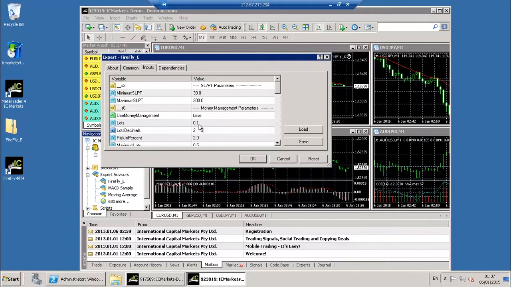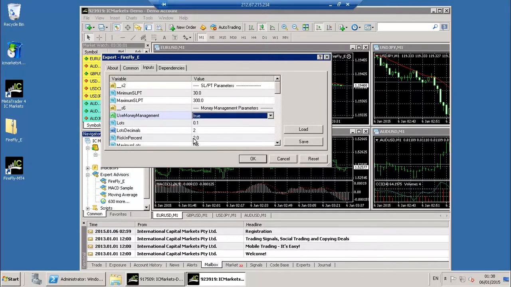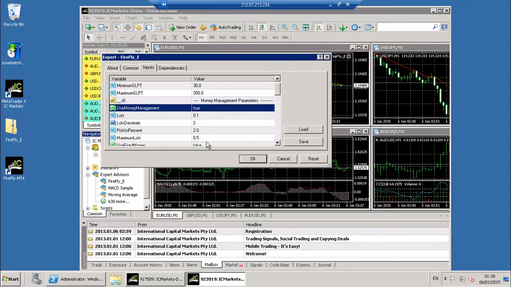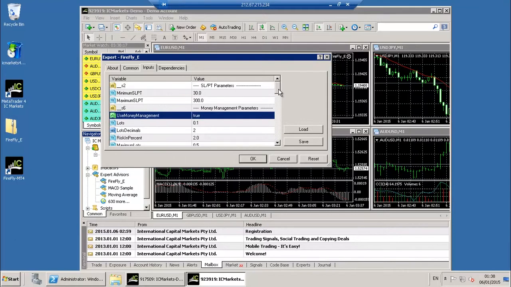If you wanted to increase that, you would turn this on to true, and then it would ignore the lot size and it would look at risk in percentage, which is by default set to 2, although it will give you a maximum size of lot of 0.5. Now you can fiddle with this, turn it to 1, put this as maximum lot of 1, whatever you so wish, whatever combination works for you and your risk appetite. But bear in mind, the idea of this particular EA is to keep risk as low as possible while trying to maximize gain. But anyway, if we click OK,